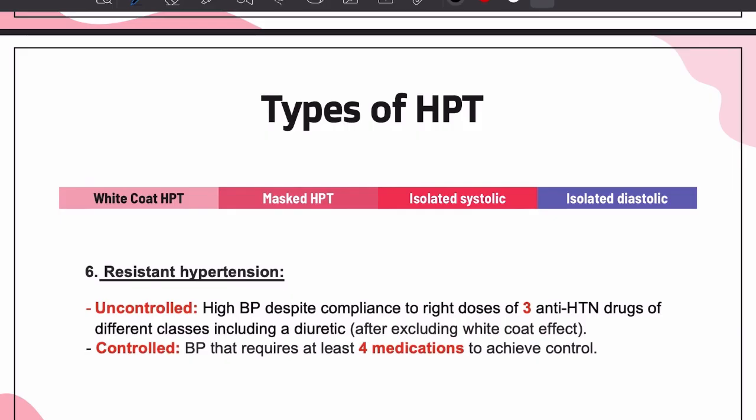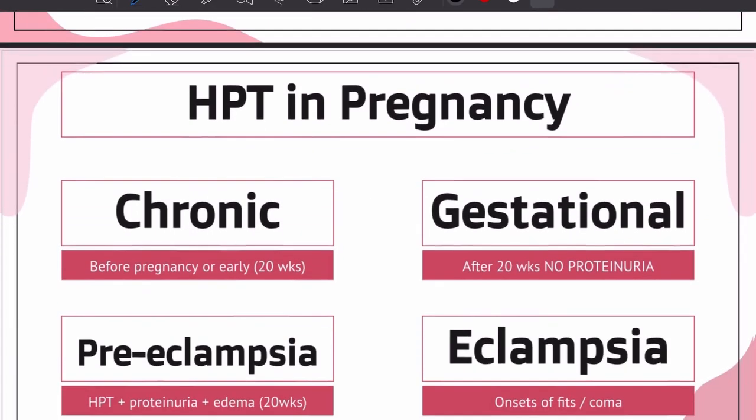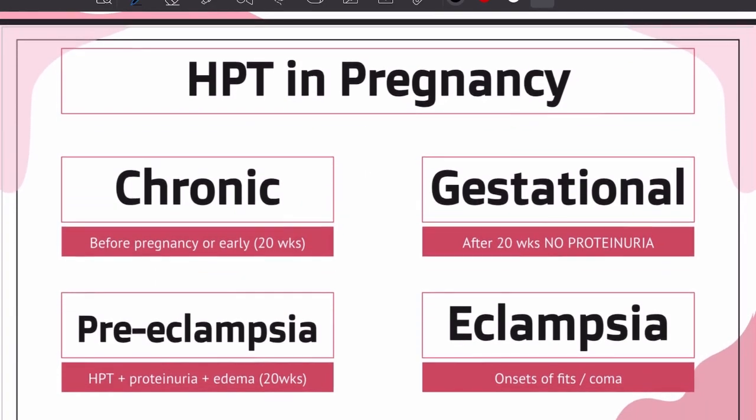Okay, now moving on to hypertension in pregnancy. Hypertension could be chronic, meaning she's had hypertension before pregnancy or in the early 20 weeks. How do you make sure it's not gestational? The hypertension will continue at least 12 weeks after she's pregnant, if not forever. So that's chronic hypertension. Then you have gestational hypertension, where it's happening after 20 weeks, where it can continue 6